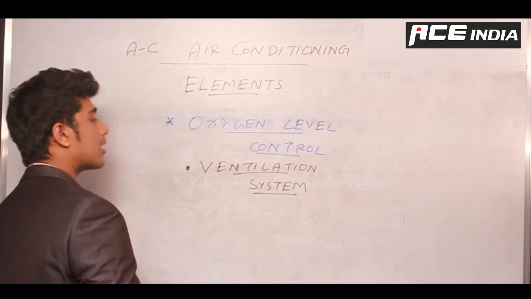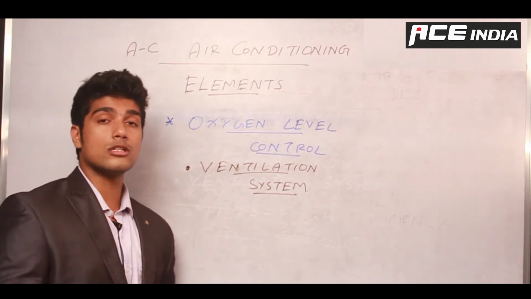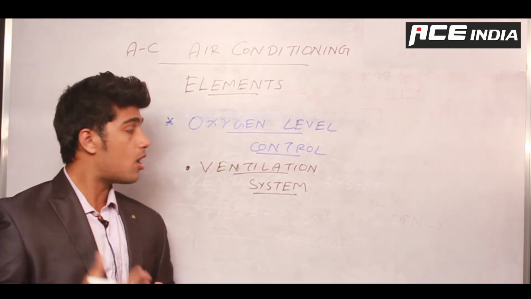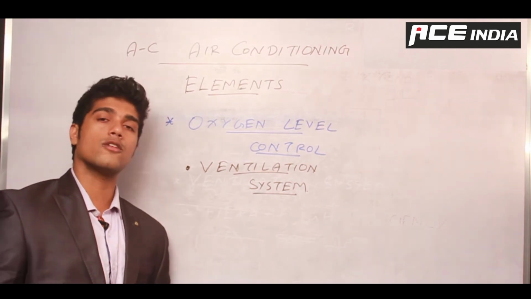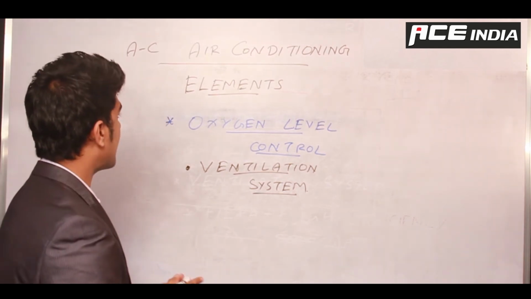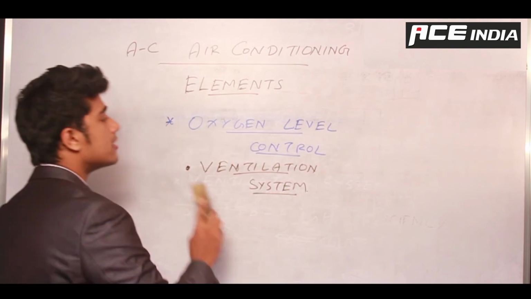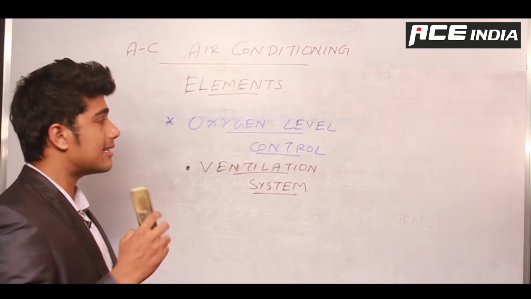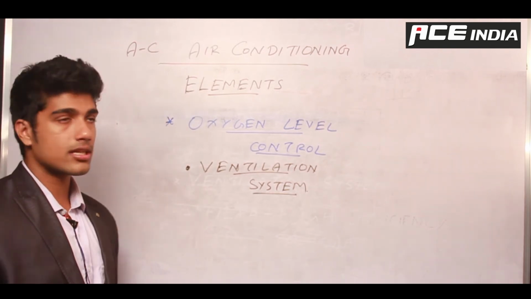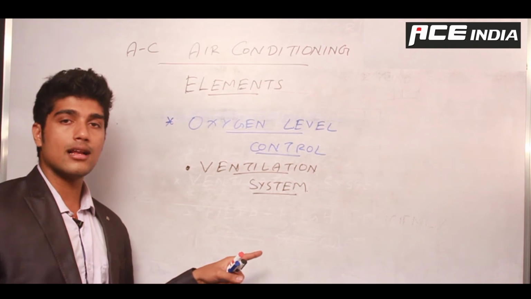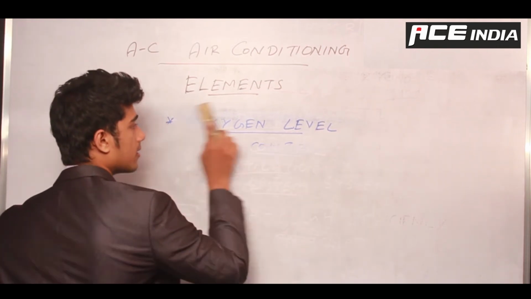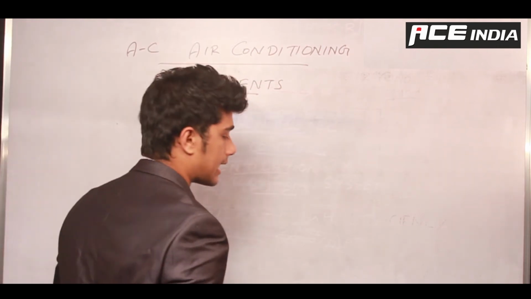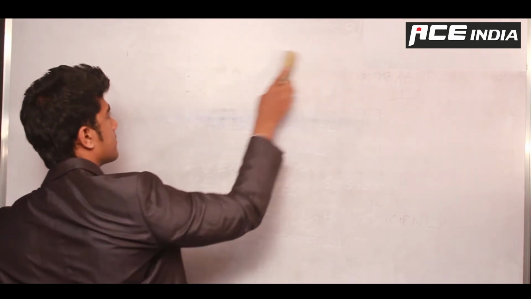If I can circulate fresh air through the space, then I'll have a properly oxygenated room because I have proper oxygen levels on the outside of the room, right? So with that, I can wind up the elements of the air conditioning system, or basically this is the basics about air conditioning. Now we can learn the details about air conditioning in the further chapters. Right. So we'll move on to the next one.